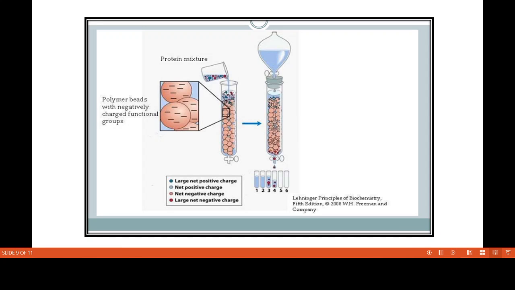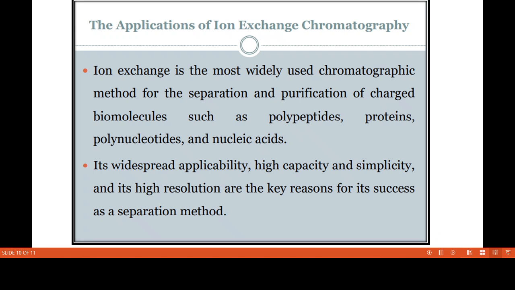Here the figure is given. This is the ion exchange chromatography. Here the negatively charged ions look like this. The solution contains positively and negatively charged ions. This is a column, and in that, this is the stationary phase. We pour our mixture and we separate in this way. Exchange of ions takes place on this resin and we get the separate components.